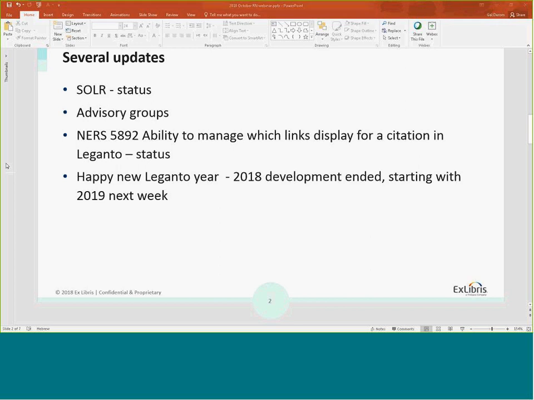In October, we upgraded the system in production for all the customers to work with Solr. It means that the courses, reading lists, citations, screens, and functionality are now based on Solr. It's an infrastructure enhancement to begin with, and it also provides some more functionality for the front end user. I don't know if you noticed that, but if you go in your sandbox environment to the citation screen, you will be able to see that